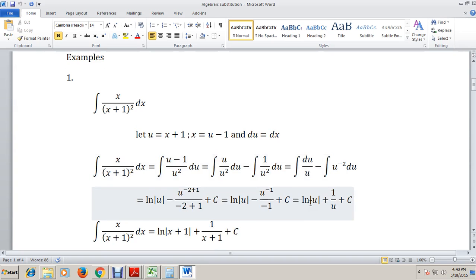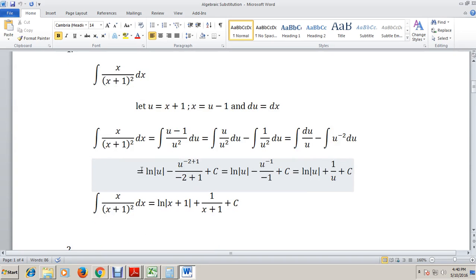Now, performing the integration, we have the integral of du over u, which becomes ln of u, minus, of course, for the second part of the integral, we make use of the power formula, so that becomes negative u raised to negative 2 plus 1 over negative 2 plus 1. So this becomes u raised to negative 1 over negative 1. Of course, negative negative becomes positive. So this becomes ln of u plus u raised to negative 1, which is the same as 1 over u, then